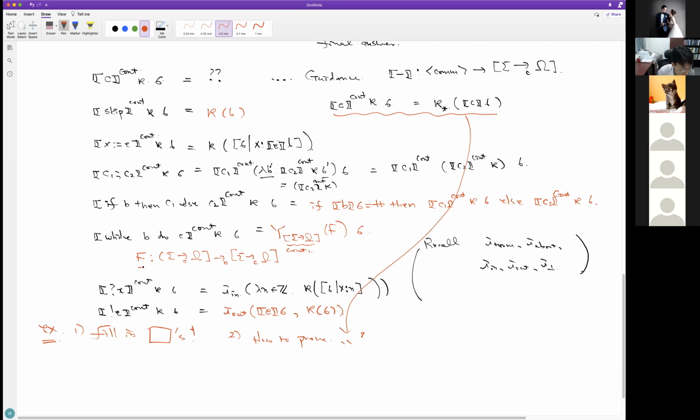It's defined like this. It takes continuation kappa prime and current state sigma prime. If the Boolean condition on sigma prime is true, then it runs the body of the command.